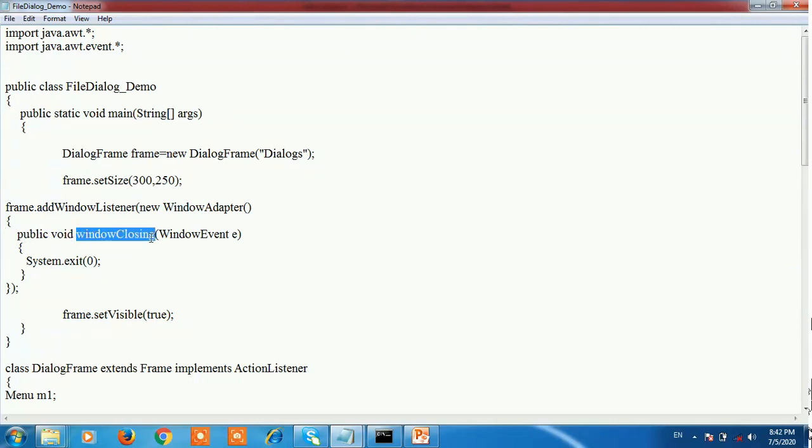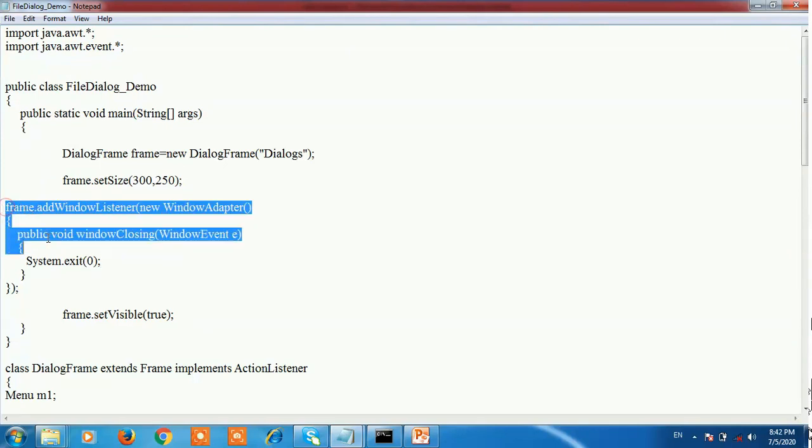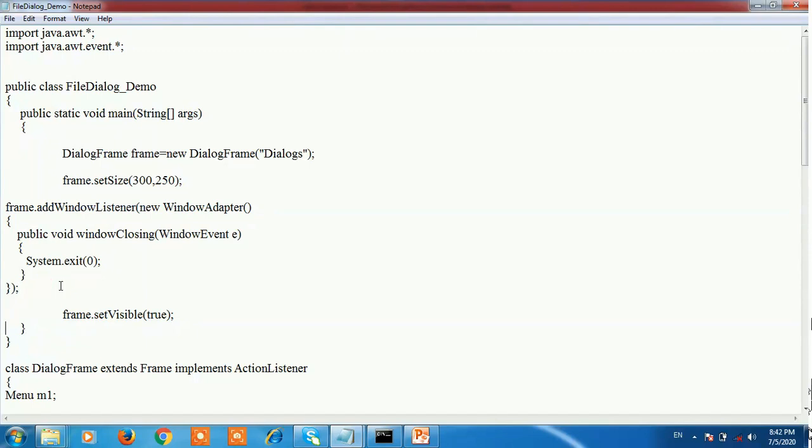This method is used to close the frame window, and for that the event package is used. System.exit. When you press the close button on the frame window, then the window is automatically closed using the windowClosing method. Here the setVisible method is used to make the frame visible. The boolean value is true.